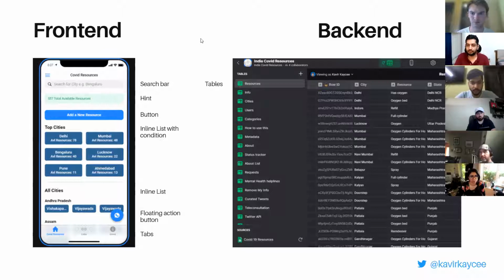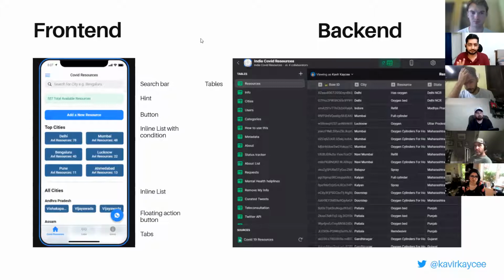So, if you have some understanding of technology, most apps are built like this. You have a front end developer who works on the user interface and UI elements, and then you have someone who's working on the back end, the database, where most of the information is stored. So Glide gives you very easy access to build apps using these two parts. And it also makes it very easy to build a backend just in Google Sheets. So that's pretty much the most salient feature that Glide started with. That hey, you have this Google Sheet of information, we'll show it in a front end in a decent layout, and very